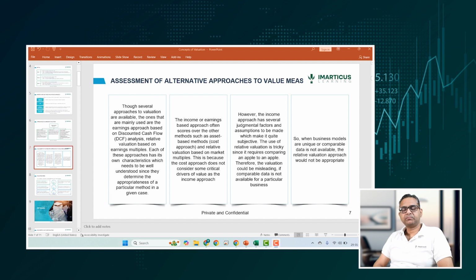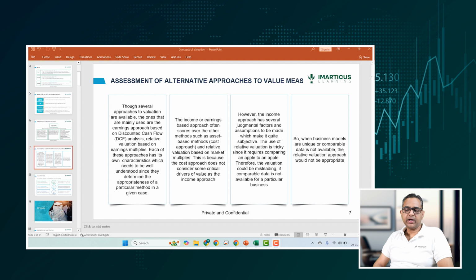So now if we look at different techniques, there are pros and cons. There is no one watertight technique which is giving us the correct value or a precise estimate of value. No, every approach has its pros and cons. Among the different approaches, the most commonly used approaches are the DCF approach and relative valuation using trading comparables.